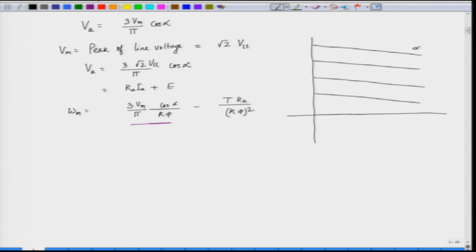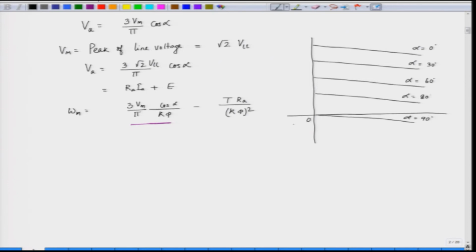Let us say alpha is equal to 0 here, alpha 30 degree, alpha 60 degree, maybe alpha 80 degree and so on, but for alpha 90 degree, assuming continuous current conduction, the no load speed